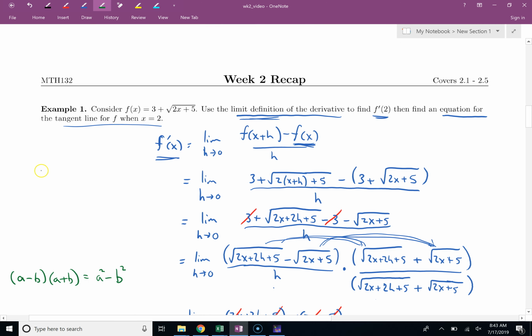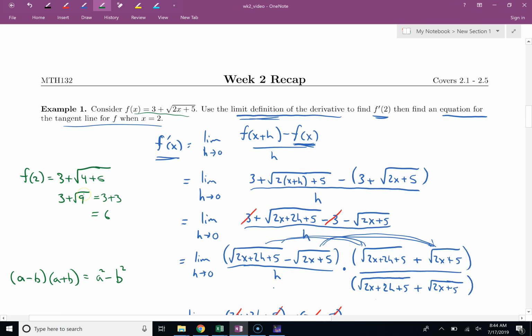Okay, so we need f of 2. I'm going back to my original function, my f function, and everywhere I see an x, I'm plugging in 2. So I have 3 plus the square root of, let's see, 2 times 2 would be 4, plus 5, so I get a square root of 9 there. So I get 3 plus the square root of 9, that's going to be 3 plus 3,